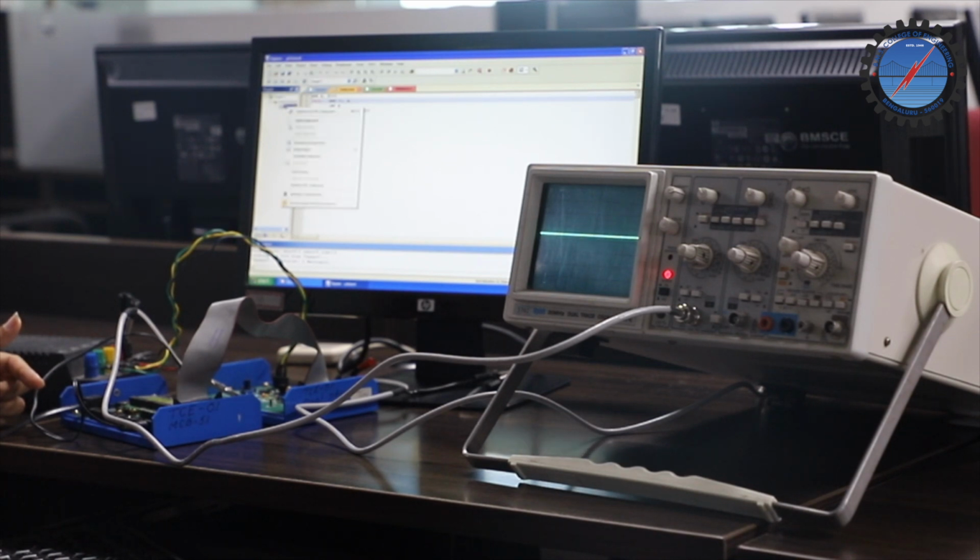So next I'll generate the sine waveform using dual DAC interface. So here the output of waveform is calculated using this formula. V out equal to 5 volt plus sine theta. So for different values of theta, V out is calculated and the values are stored in this array SINTAB.